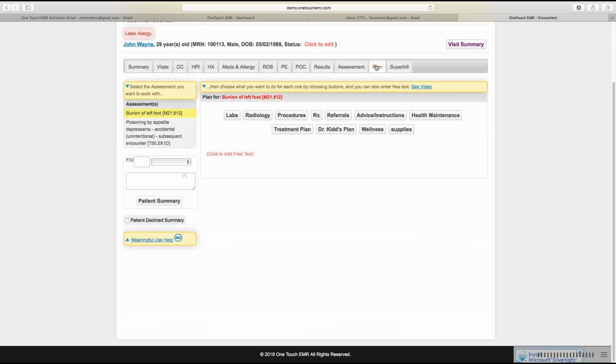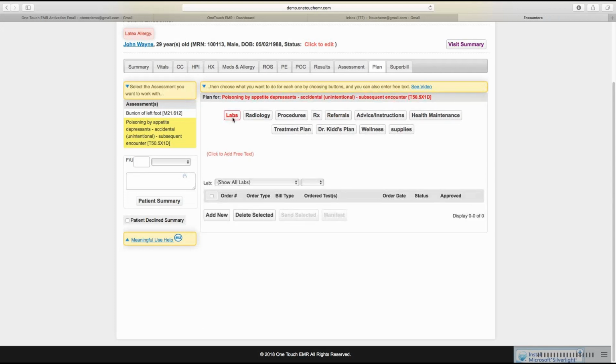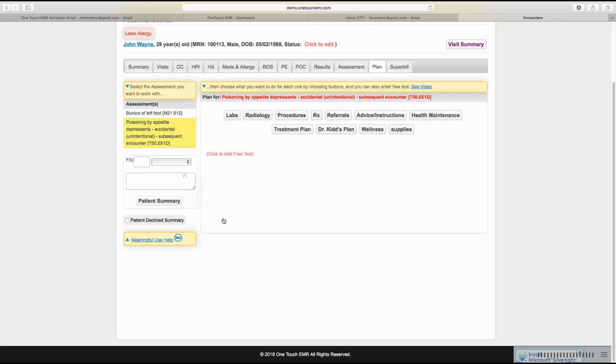Once inside your plan, you'll notice your diagnosis is over here. You'll notice that I have a plan for this diagnosis, and as I move to this diagnosis, you'll see I have a new plan for this one. When I'm ready to order labs from outside, I would just simply hit Select Labs, select my lab, add the order,